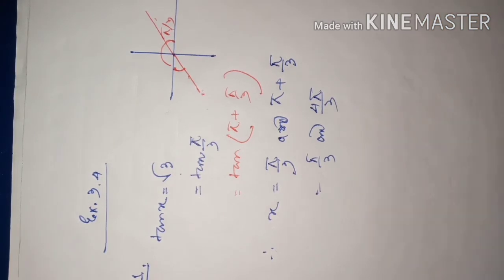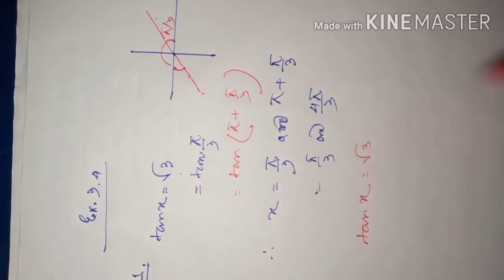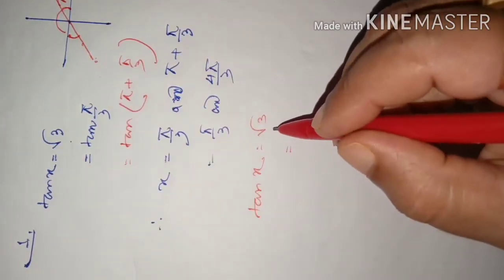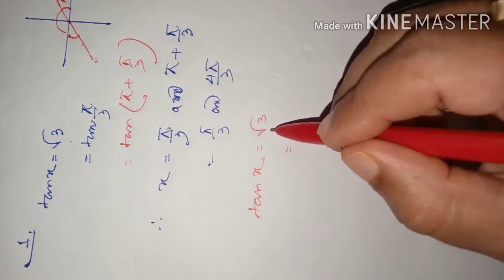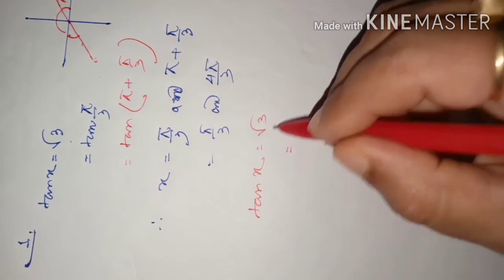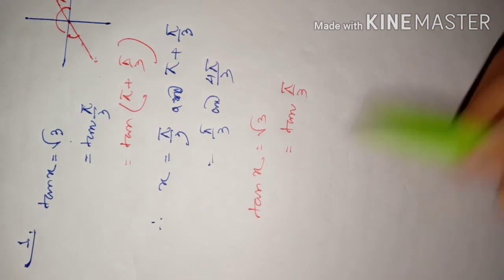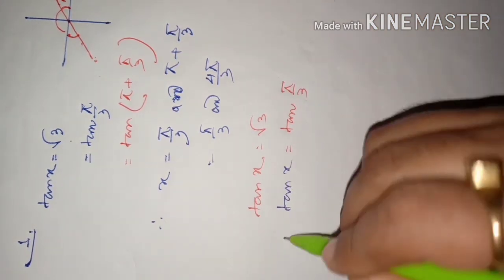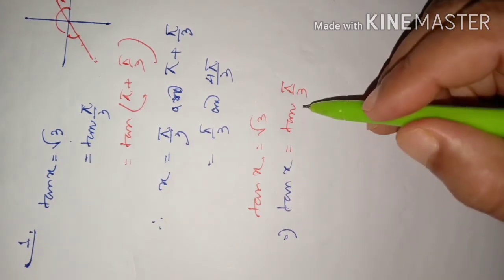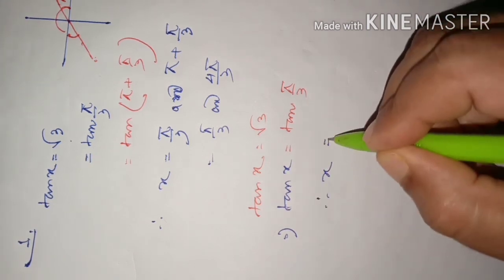Now for general solution, we need to write like this: tan x is given as root 3. Now we replace it by the trigonometric function which can give you this root 3 as the value, which is between 0 and pi by 2. Then it will be tan of pi by 3. Okay, dear students. So tan x equal to tan pi by 3. So we will have to replace this root 3 by this angle, tan pi by 3. So this ratio. Now, dear students, it resembles what? Tan x equal to tan y.